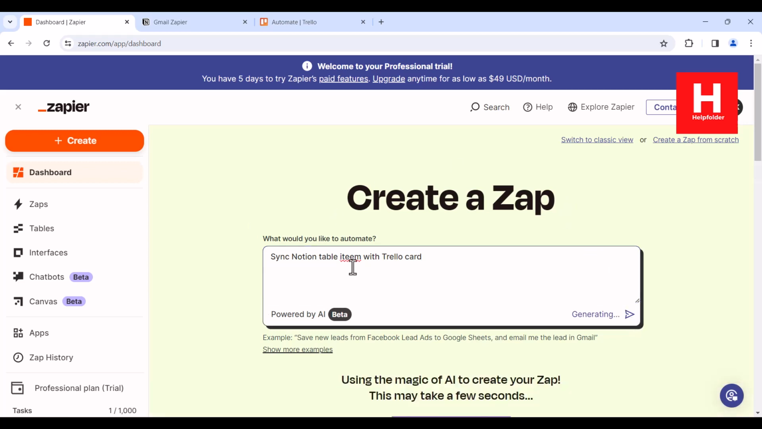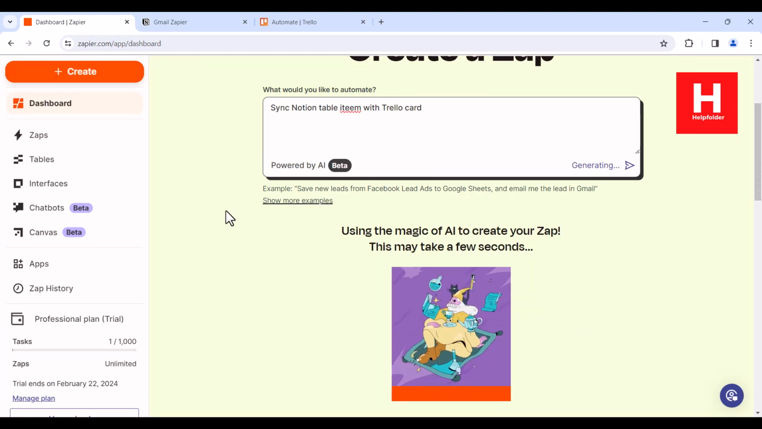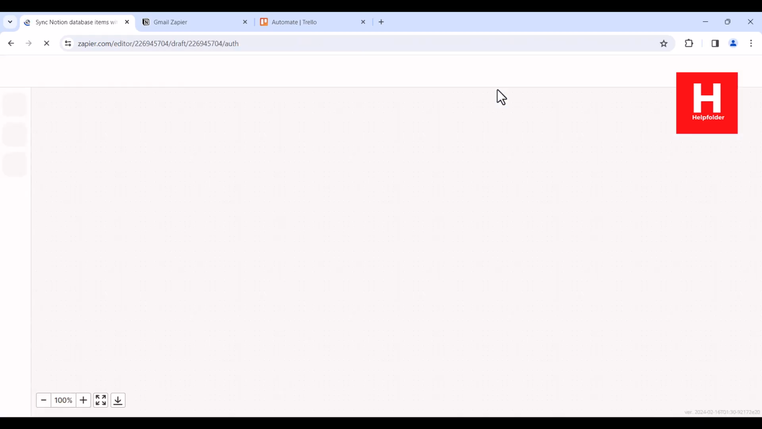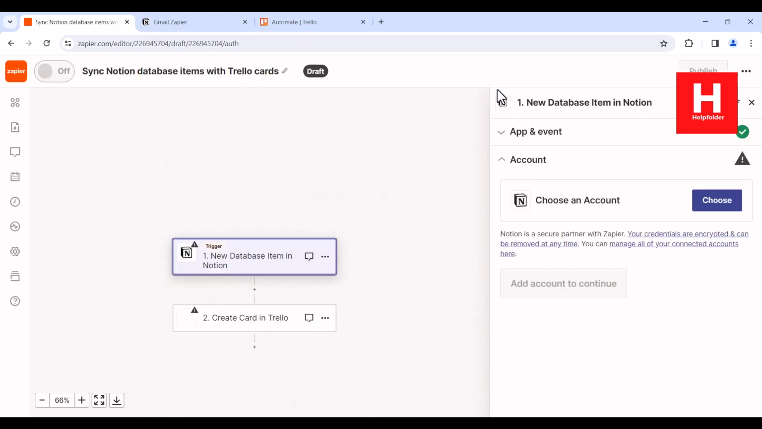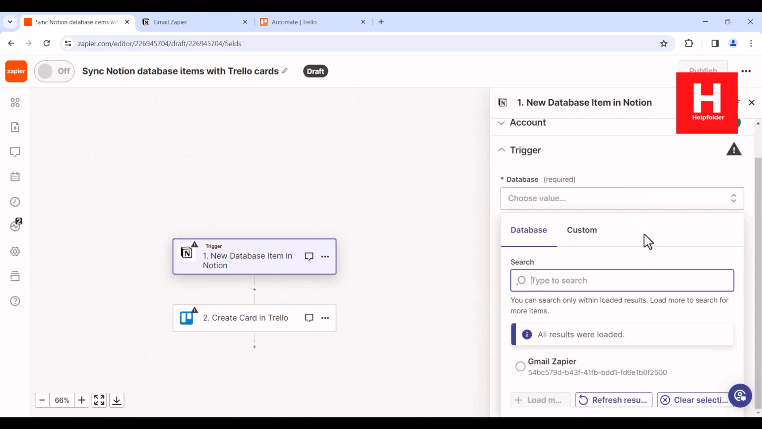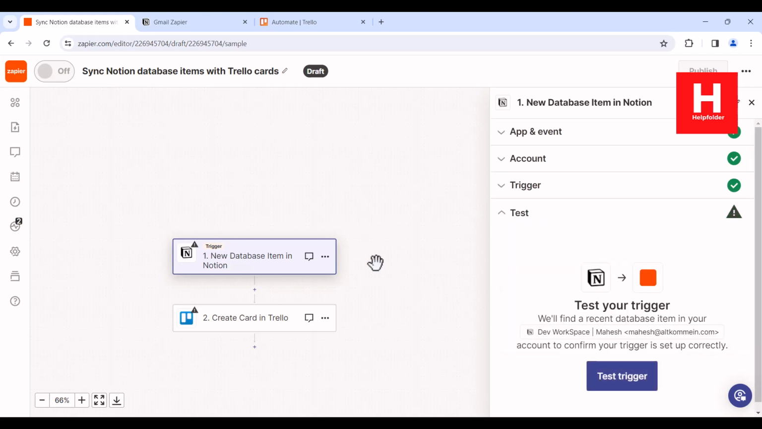So let's see if it allows us to create something. And here you see sync Notion database item with Trello cards. So we will be trying this one particularly, right? Where I'm going to choose the Notion account, click continue, then database, choose your Notion's Gmail Zapier page, then click continue, test this trigger, and then move on